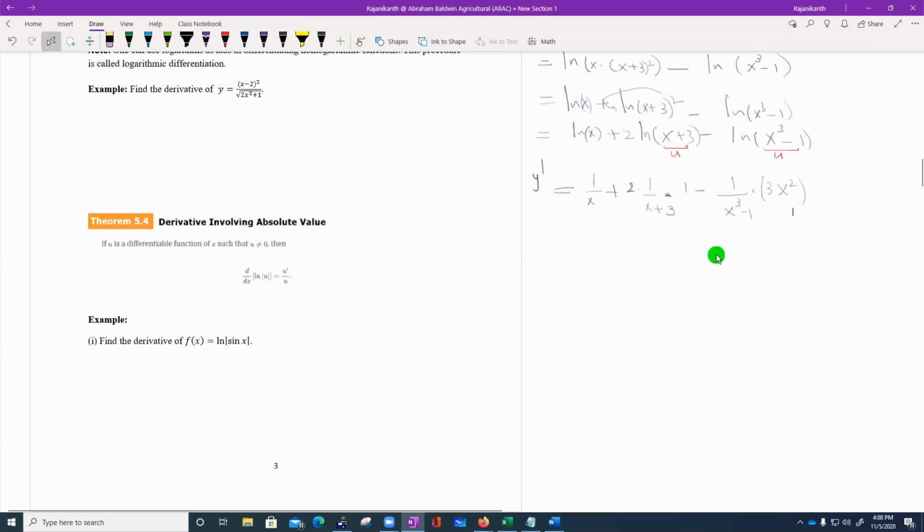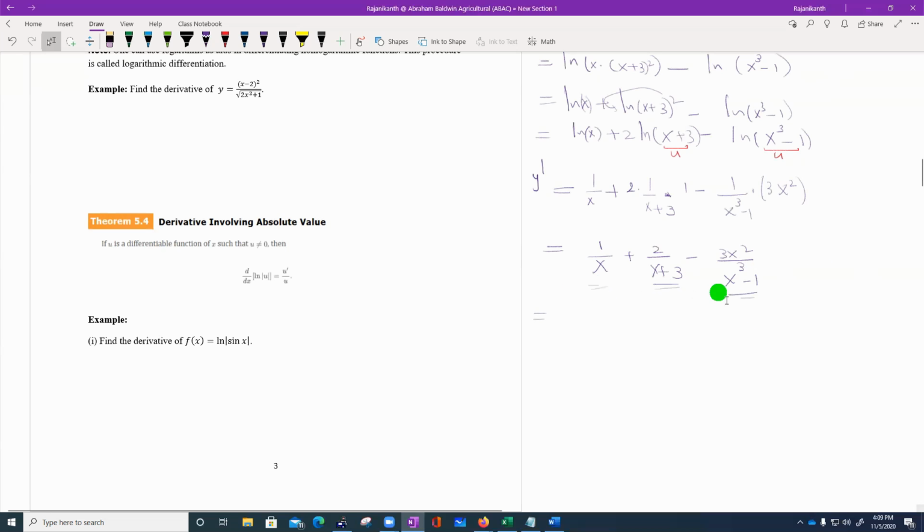Okay, now let us simplify this. This is 1 over x plus 2 over x plus 3, then subtract 3x squared over x cubed minus 1. Now I'm going to use the LCM. Remember, these three